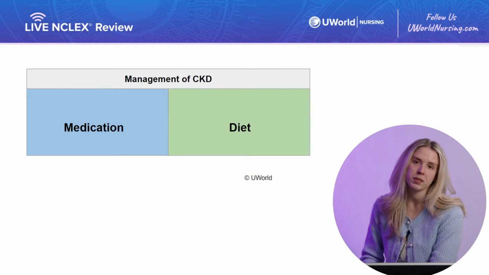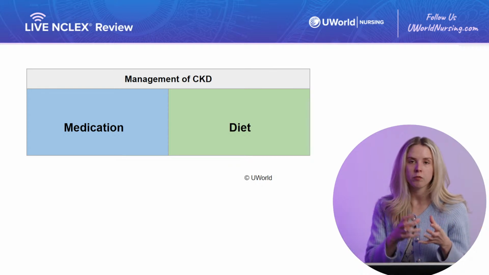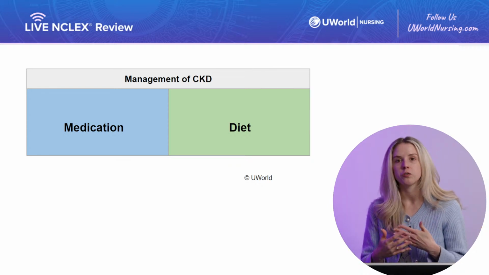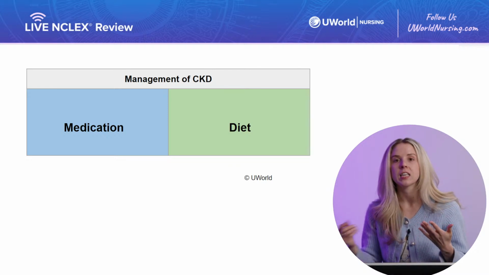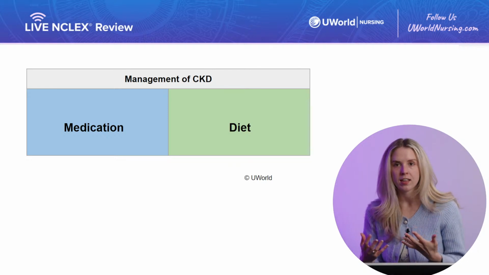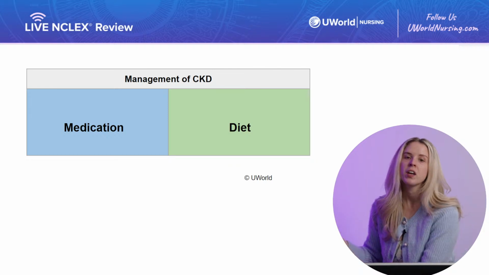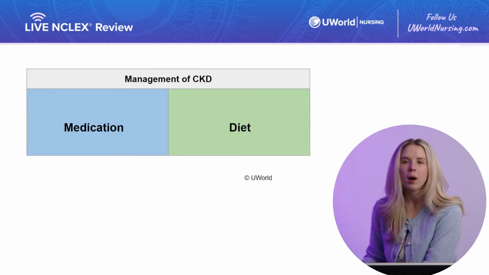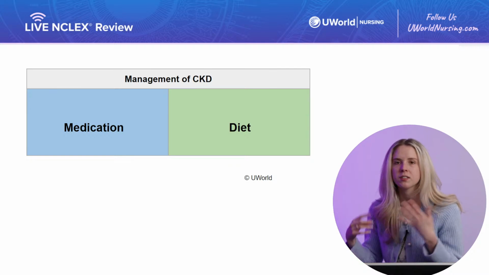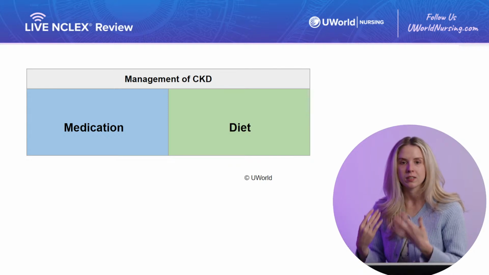And also we're gonna wanna put these clients on a low sodium diet. Remember that where sodium goes, water will follow. If we already had the potential for volume overload and this client is eating too much sodium, that can cause even more water to make its way into the intravascular space, which would further increase our blood pressure here. So for low sodium, we're avoiding those salty, processed foods, no popcorn, no French fries, no burgers, no chips, all these really yummy sounding things we are not gonna be able to consume.